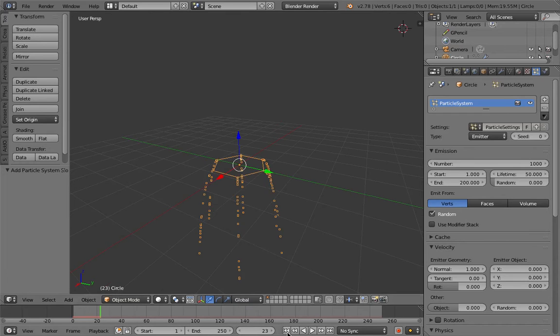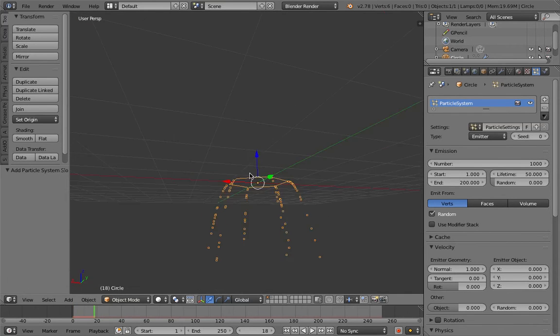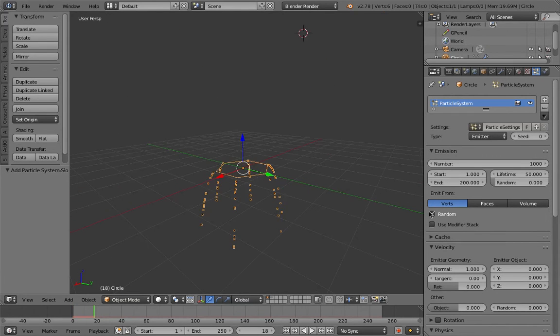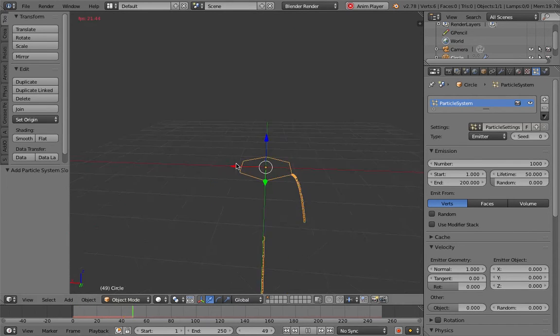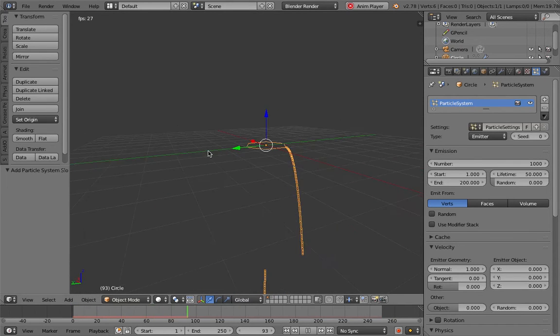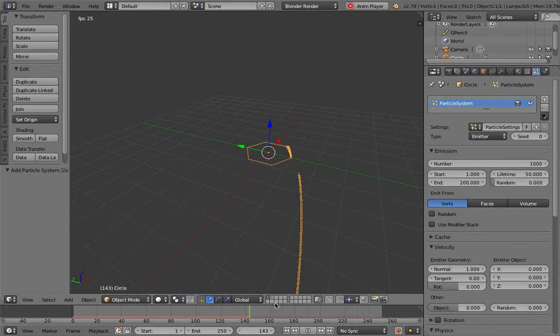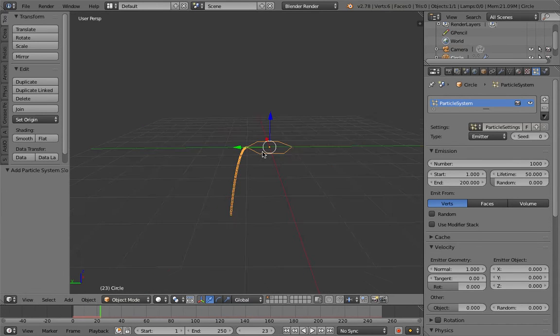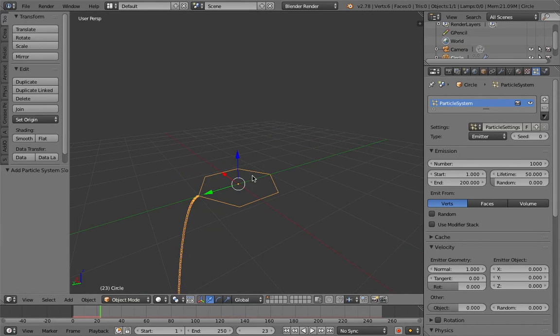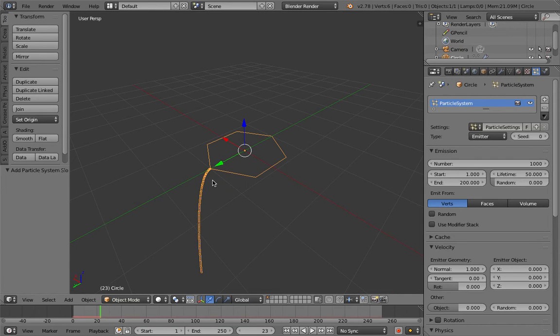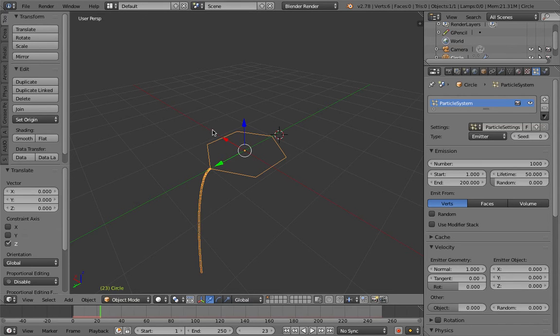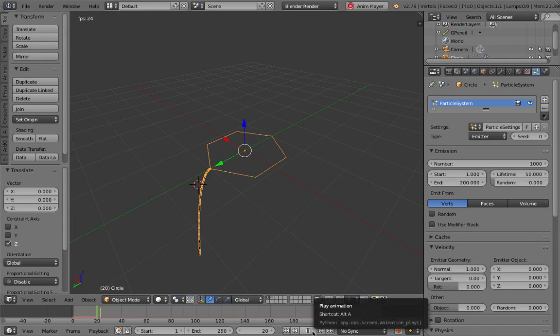It's random, but if it's not random, you will see that it's emitting one by one. This can be useful, but sometimes you actually want it to emit from the first one, emit from here, and then the second one, third, fourth, fifth, and then continue going around. Blender particle doesn't seem to do that,